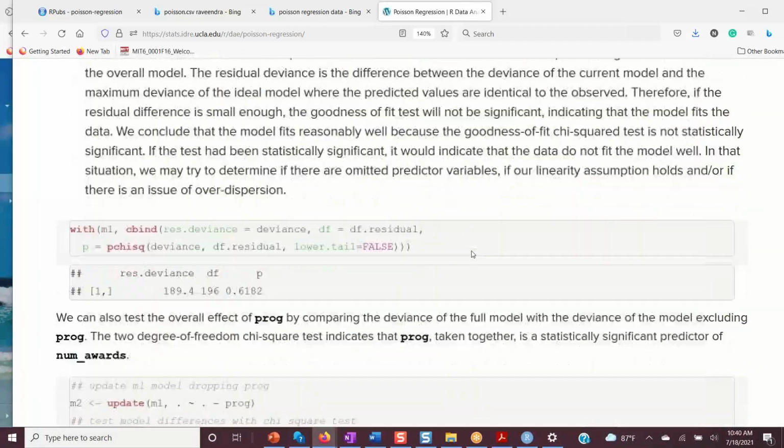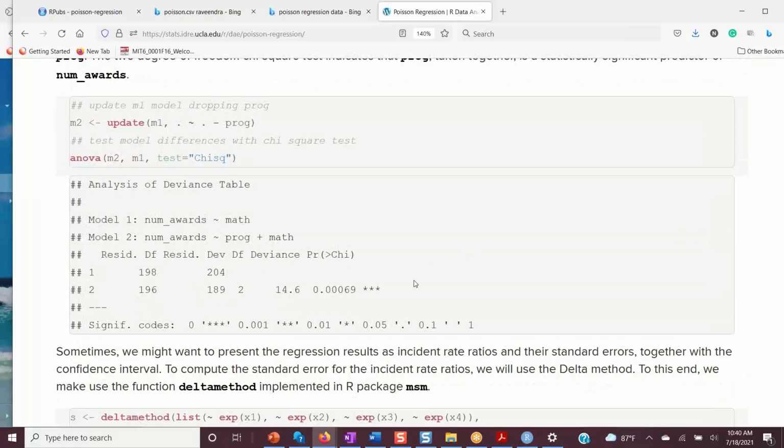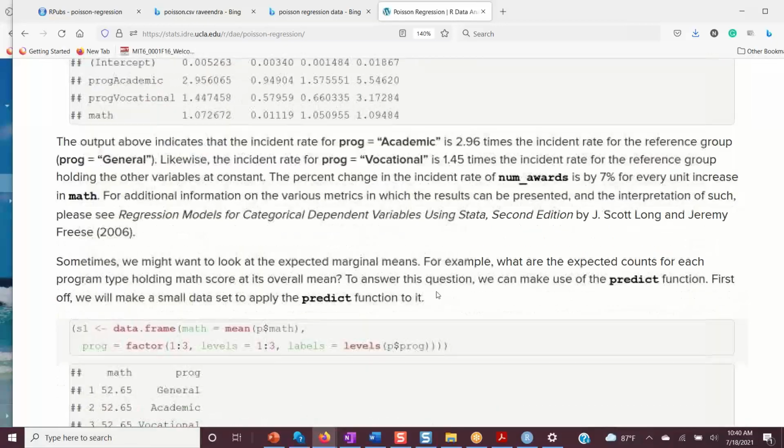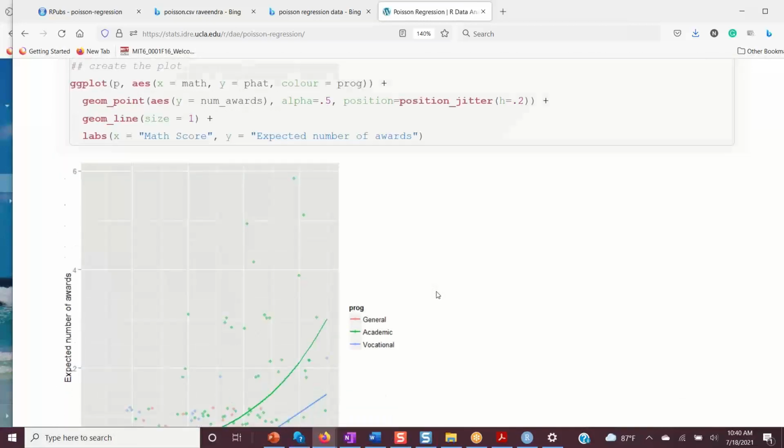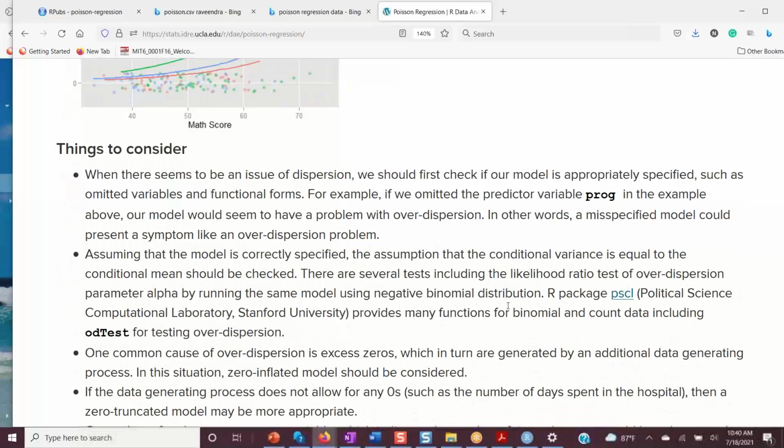Best model or a comparison of best model? Is that what you're saying? This one is the comparison of best model. No, you have a title called Things to Consider, sir. Oh, that's the interpretation. You're talking about interpretation? Yes. Things to consider. Yes, sir. Interpretation. Okay. You know, basically,